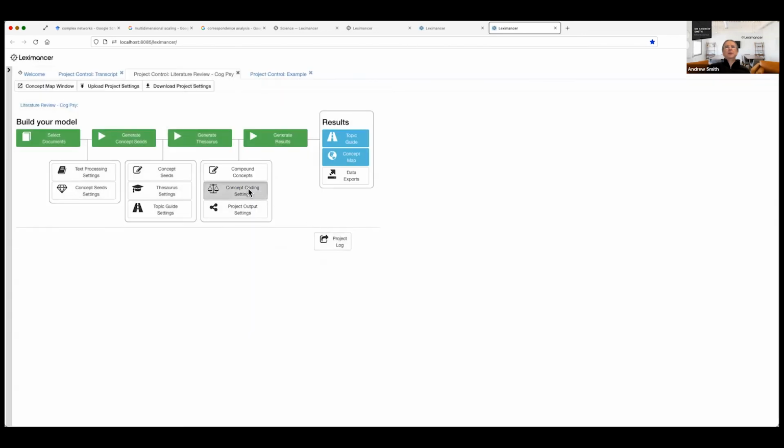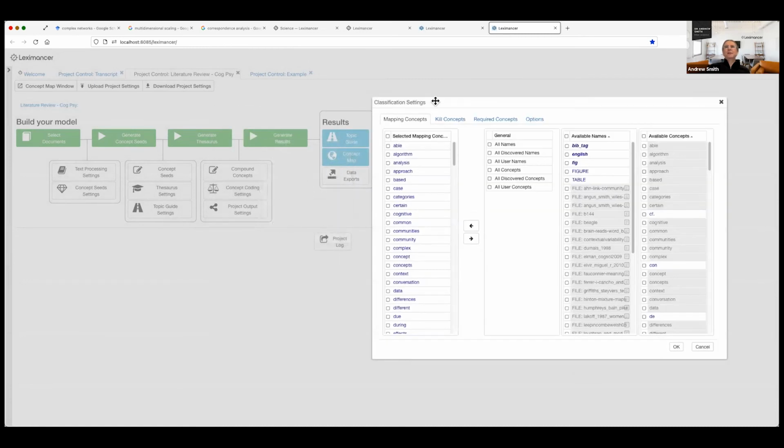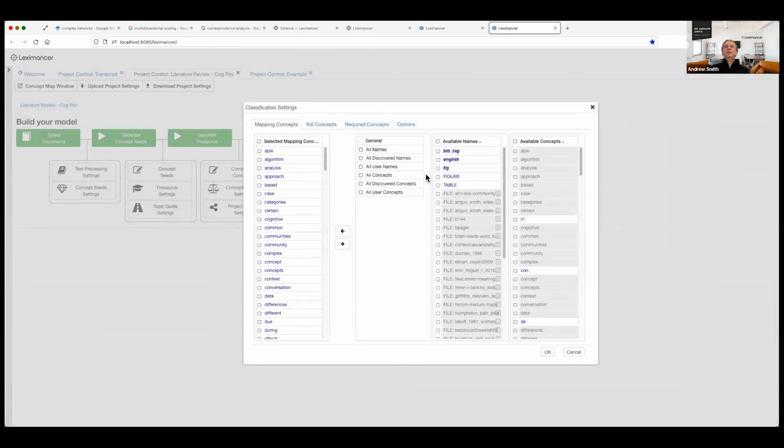So this is where I control the model. It's called concept coding settings. It's got the balance scales. So if I were asking my research assistants to go off and code the data, I might, as a content analyst, create a code book, a set of concepts that I would like possibly to have coded into the data. So these are all the concepts that are machine learned. I've removed some of them, I've excluded some of them, you can see, but these ones that are gray are in the model. I've also said I want them coded by the name of the file, the name of the paper. So I've got those in there as well.